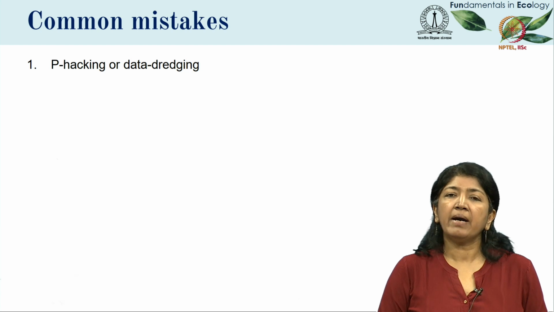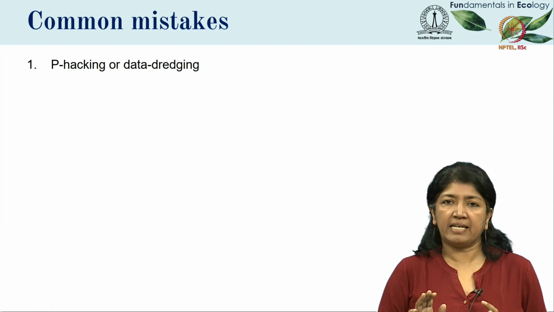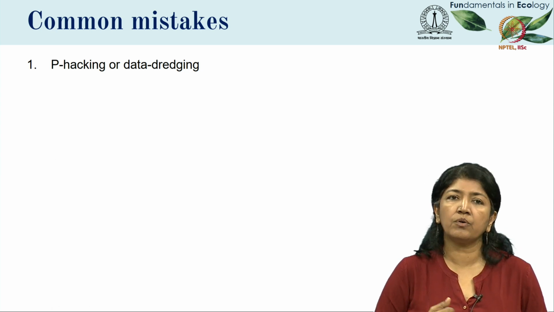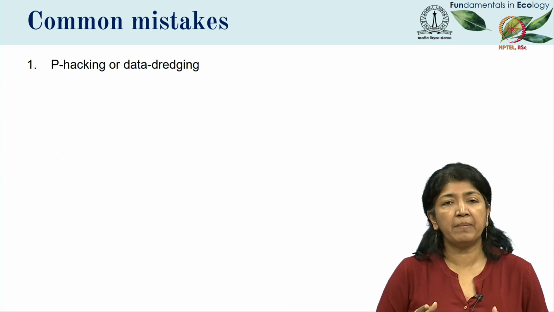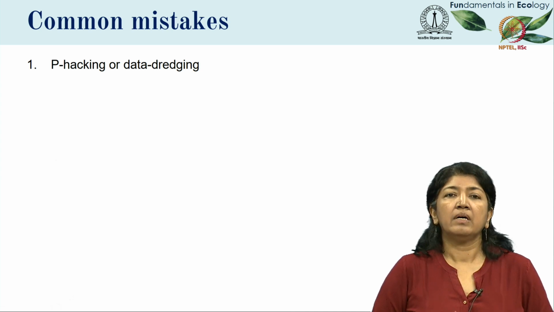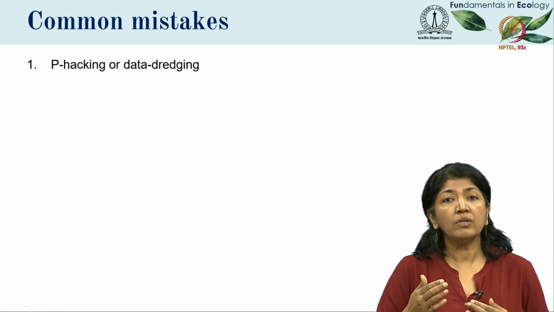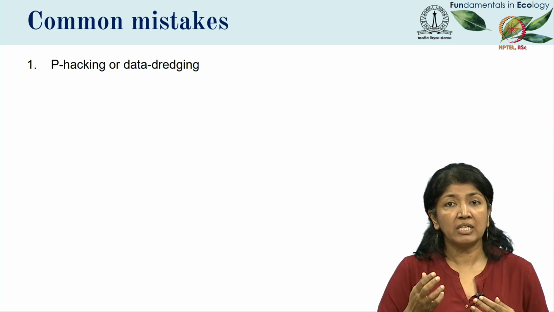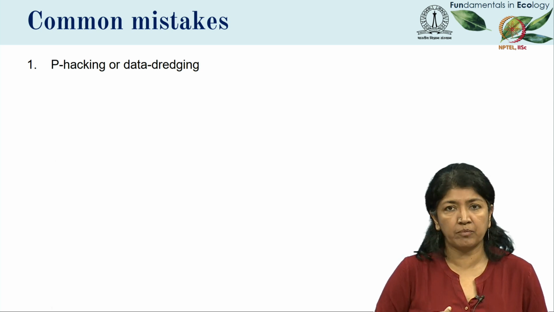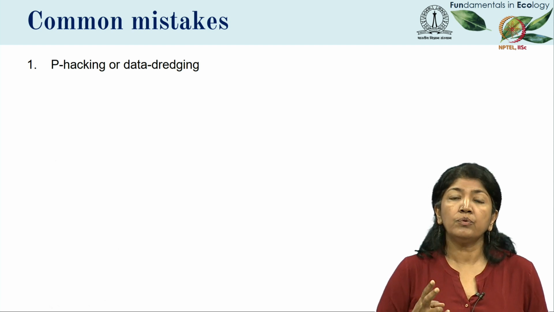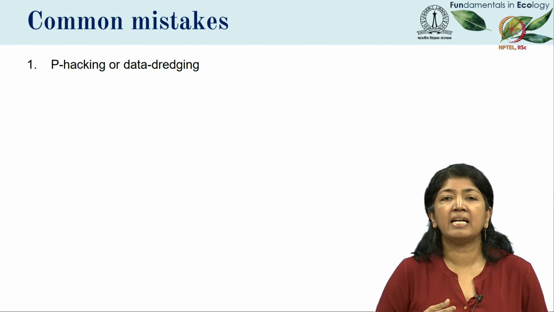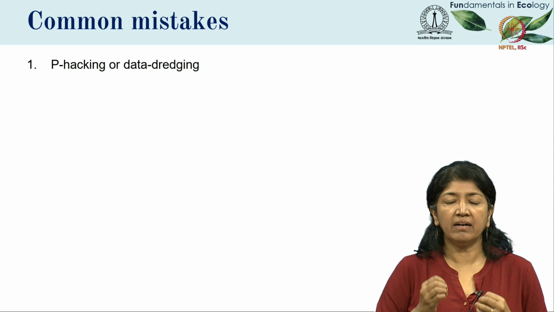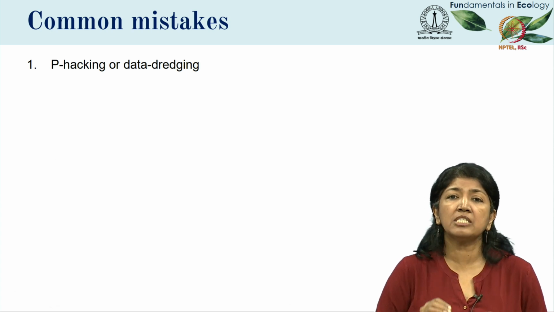Finally, let us end by talking about 2 common mistakes that are often made when carrying out statistical analyses, and the reason I want to talk to you about these 2 mistakes is because we have a replicability crisis in science. Researchers have pointed out that a lot of studies may not actually be reliable. That is, we may not be able to actually have much confidence in the conclusions from those studies, and there are 2 reasons to do with how statistical analyses are carried out that contribute towards this lack of confidence in the results from studies. So, the first common mistake